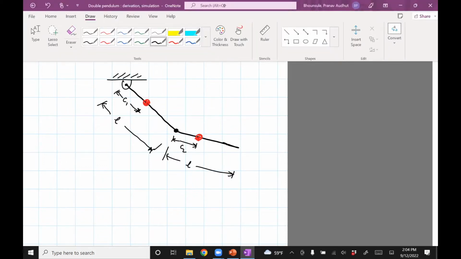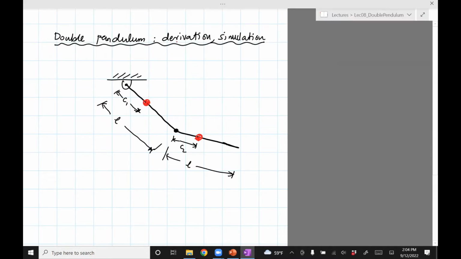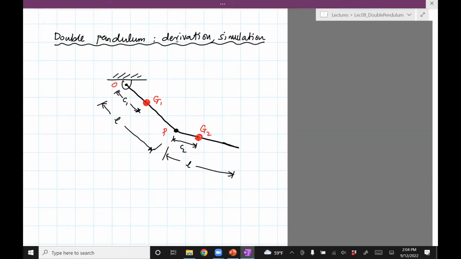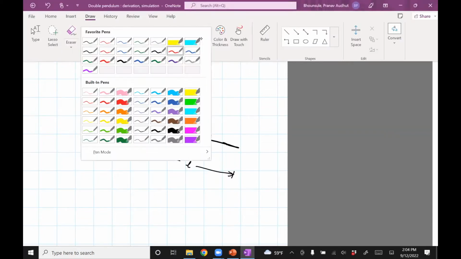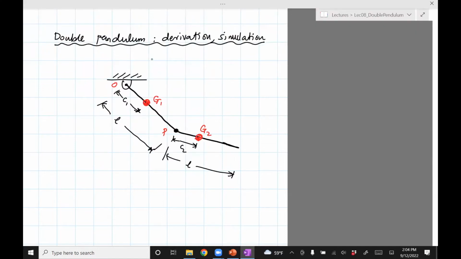Okay, let's call some of these points. It will help us in derivation. G1, G2, and this is, let's say, O, and then this point, which is the second joint, P. Okay, so let's say that this is mass M1, inertia I1, M2,